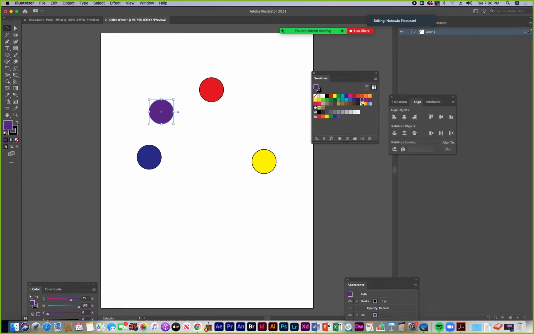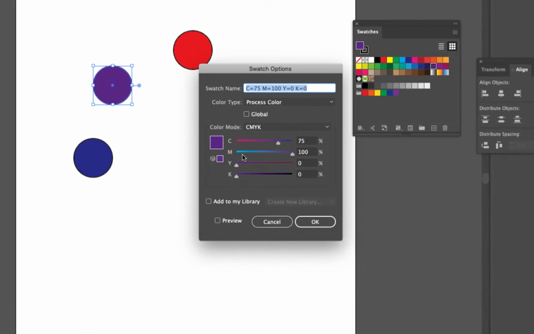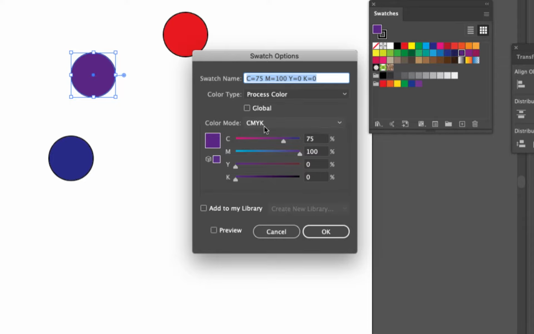Does anyone know what CMYK stands for? I'm going to double click on this color so you can see. Cyan, magenta. Yes, so that's our color mode, CMYK, and it refers to cyan, magenta, yellow, and we call the K key, which actually refers to black. And each color, when you're using the color type that we call process color, which is the standard color type when you're in a CMYK document, you're using process colors.